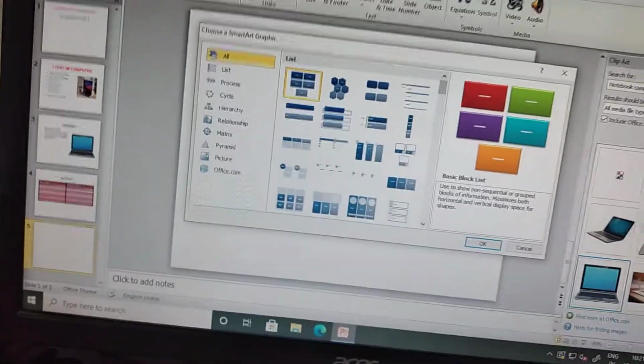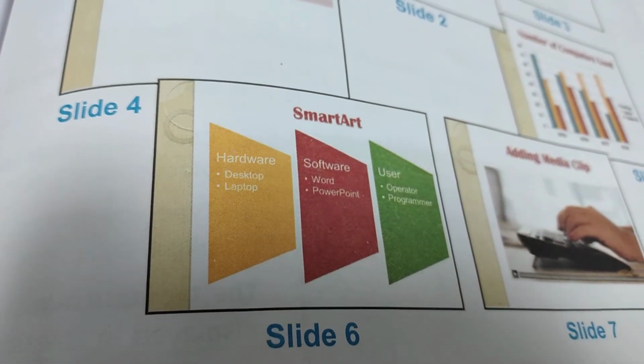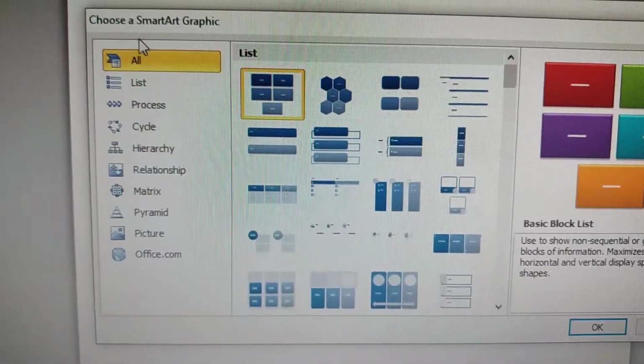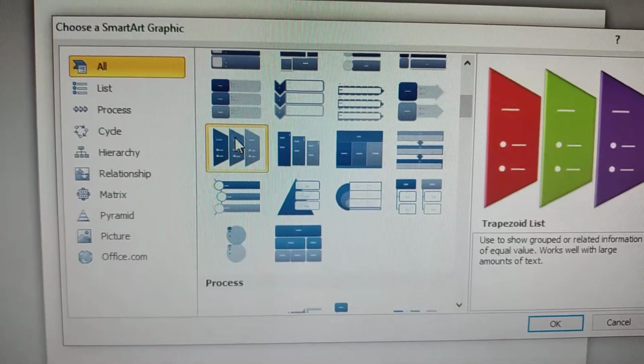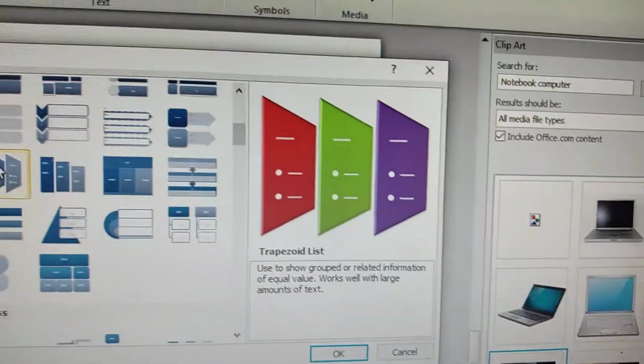We must check it from our project. This type of smart art we need. Now choose a smart art graphic. Click on this all option. Yes, this is a smart art. It's trapezoid list. So you click on the OK button.